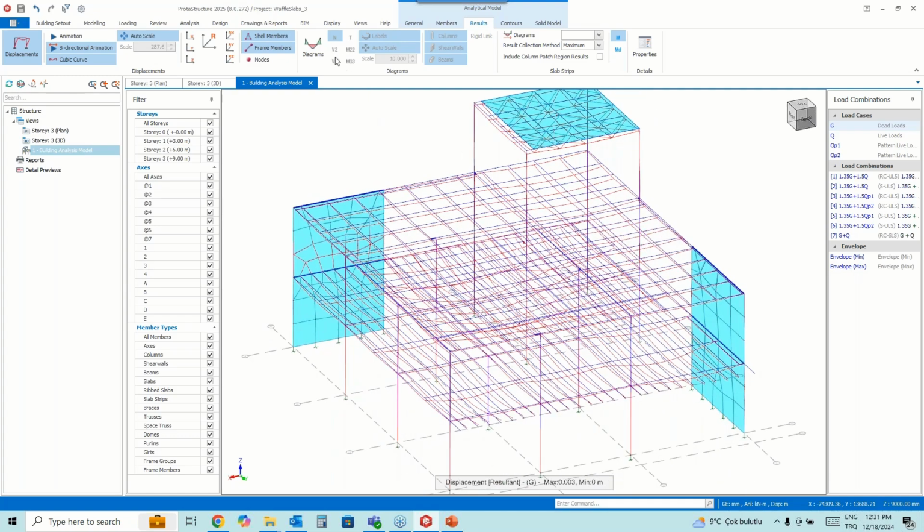Okay, so let's see some diagrams. For example, you can review axial loads. You can just select the load combination and review the diagrams.